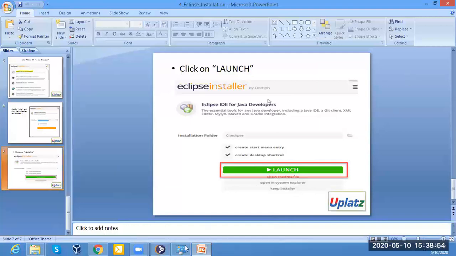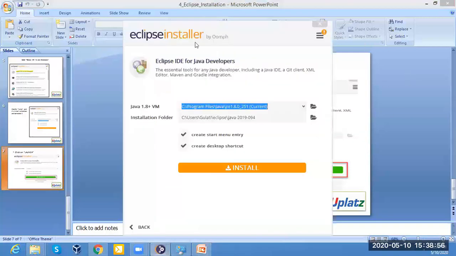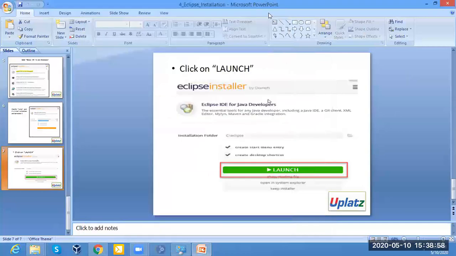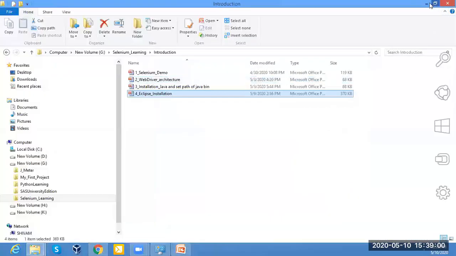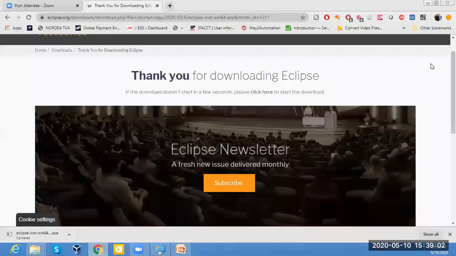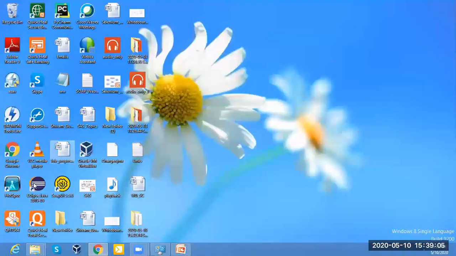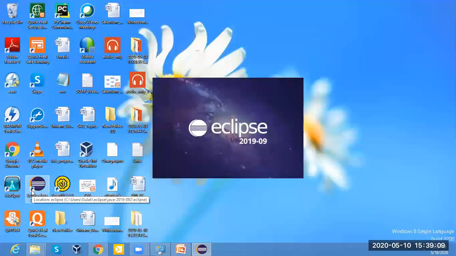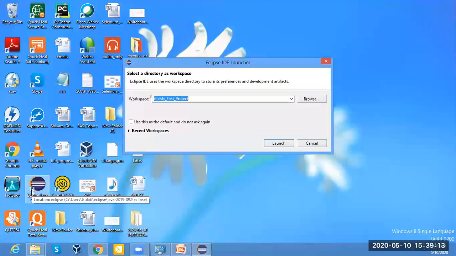Then Eclipse will be launched automatically. Let me close this one. Let me show you how it will appear when Eclipse is installed successfully in your system. When you click on launch, it will start Eclipse in your system.